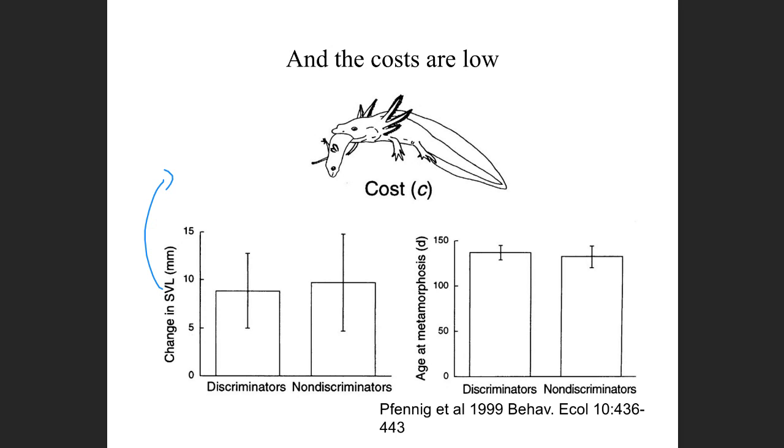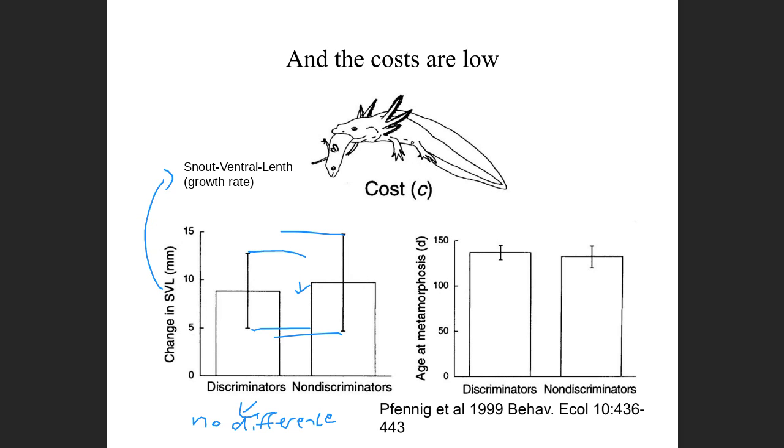So the idea was that non-discriminators should grow faster, right? And if you look at the means, yeah, there's like a tiny difference. But if you look at the standard errors, they include the other means, which means no difference. So it's slightly in the right direction, but you look at that graph and you'd say there's no difference